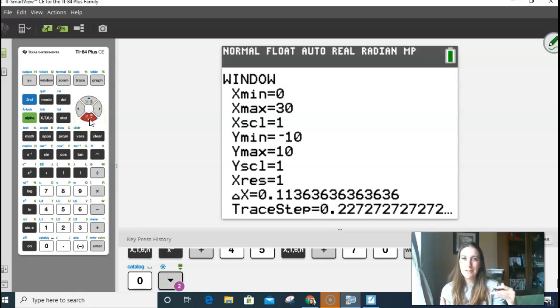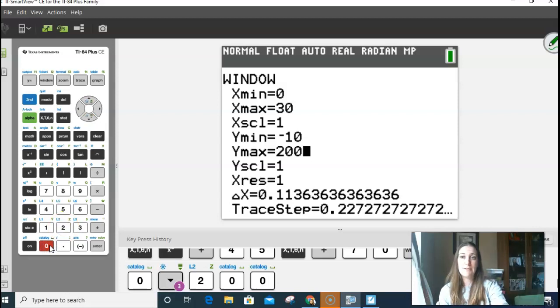Now this seems weird because I usually don't like negative numbers for windows, but for height I do because I want to see the line where the ground is. I'm going to leave my Y minimum, my minimum height, at -10 just so I have a little bit of cushion in the ground. But we got to go way bigger than 10, right? So again, I'm kind of guessing. I'm just going to go to 200 feet in the air and hope for the best. So now when I hit graph,